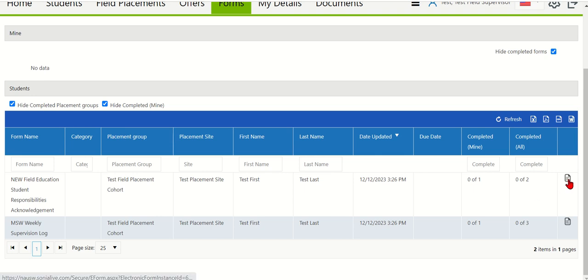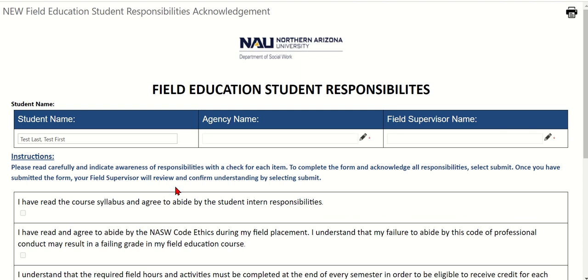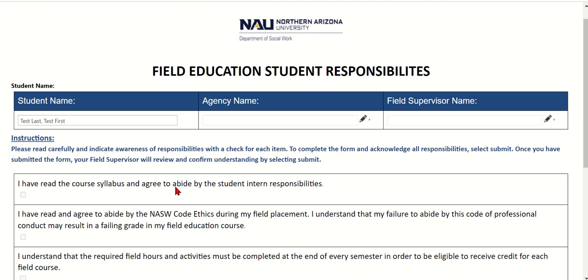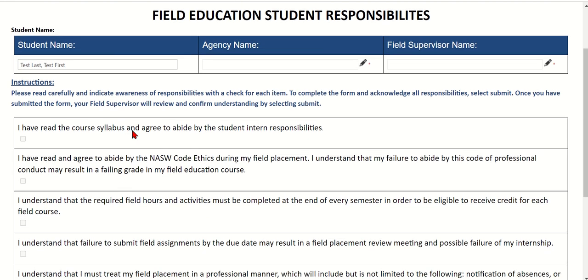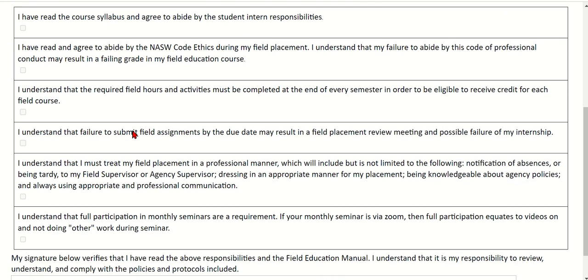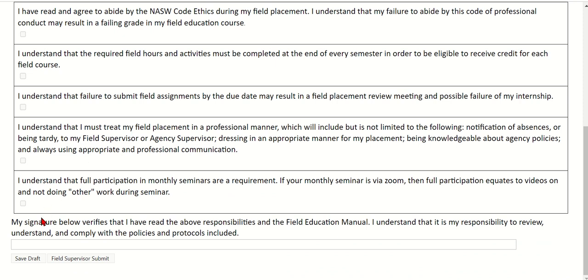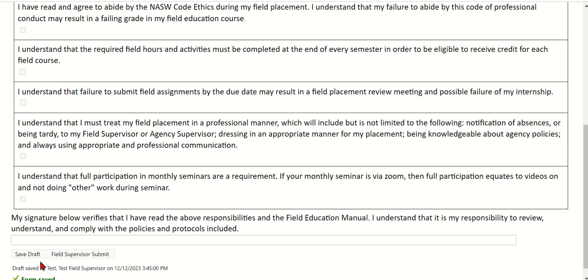To view the form, you will click this button. We will see here that this is the Field Education Student Responsibilities form. The student has not completed the form. If we scroll down, you will see there's a button here to save draft or to click submit. If we select save draft,